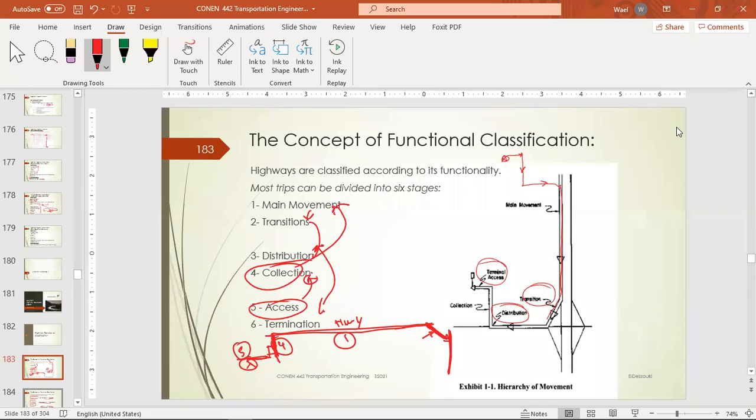That's like, for example, an exit ramp. So that's number 2. Then from the distributor, we go to your destination. So that's the origin, and that's your destination. And this is number 6, that's the termination. As you can see, for the accessibility of the main movement, we spend most of the trip on a highway. If you measure it as a distance, you will find that 80% is spent here. This is little, and this is significantly less than that.